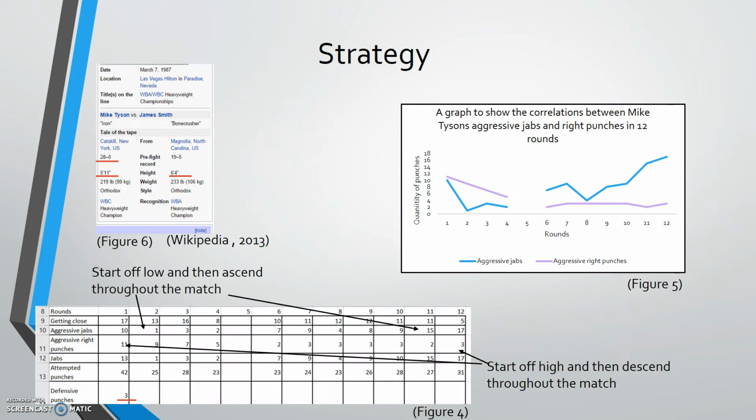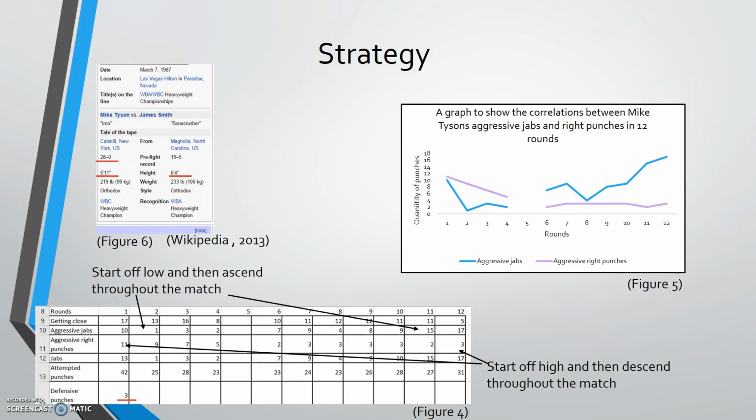Strategy. Mike Tyson's strategy in this match began with him trying to knock out his opponent in the first 4 rounds. This is first indicated when looking at the competitor's statistics before the fight, displayed in figure 6. Tyson's statistics state that his previous 28 fights have all been successful, and during the video it was mentioned that 26 of those fights resulted in knockouts, which suggests that Tyson entered this fight confident that he would try to